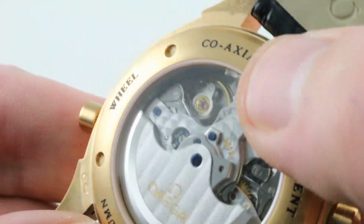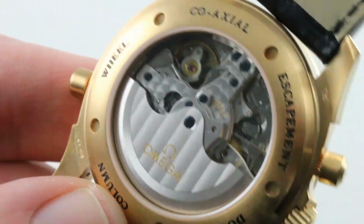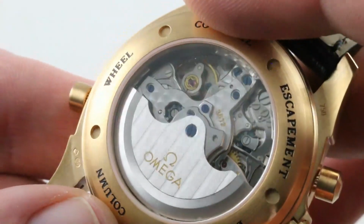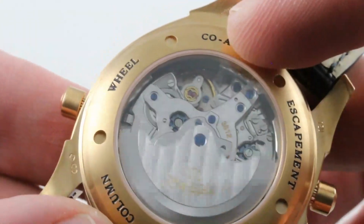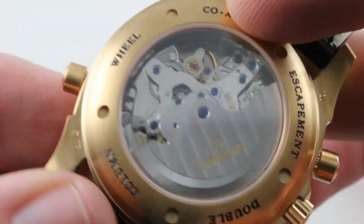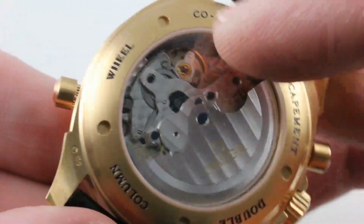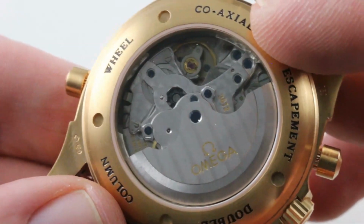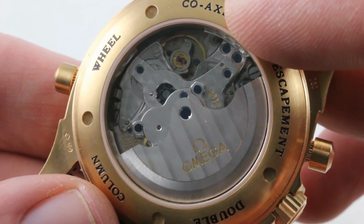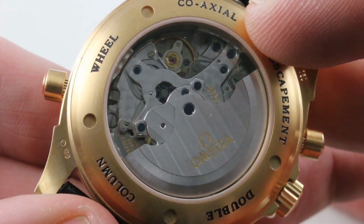It features a free-sprung balance architecture, so it has that refinement that allows it to take a tight regulation in 5 positions and withstand vibrations and bumps on the wrist without losing or gaining time. It's a handsome movement with incredible depth, and being based on a Frédéric Piguet, it has a little bit of Blancpain and Breguet DNA in it. All of this water-resistant down to 100 meters. It's a remarkably versatile watch, and it does feature both a quick set date and stop seconds. The timepiece with 38 jewels